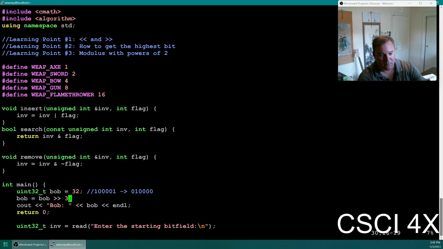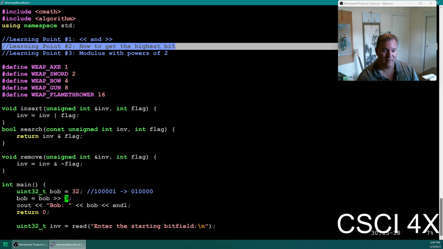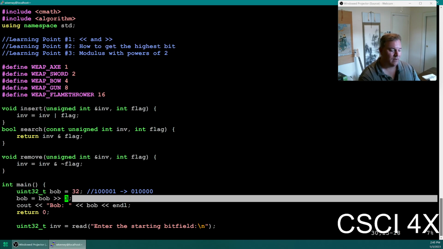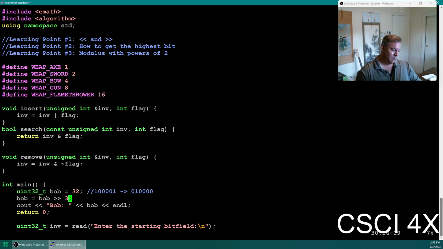All right. So you can use right shift for division for powers of 2. And you can also use bitwise operators to do modulus of powers of 2. But there's a little bit more in learning point 2 we can do here. So like right shifting twice. Yeah, sorry about that. I might have said twice. So if we are in a for loop, then what we can do is we keep right shifting until it hits 0. So if we do this, while true,